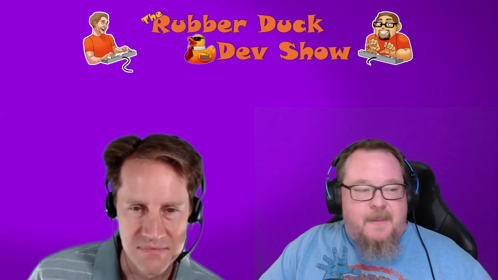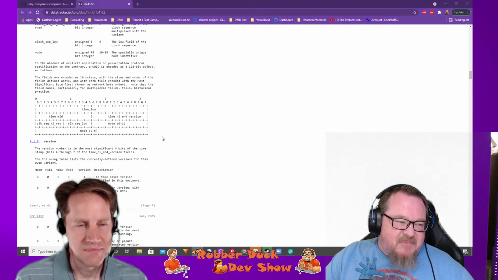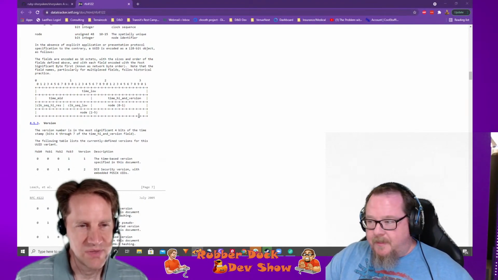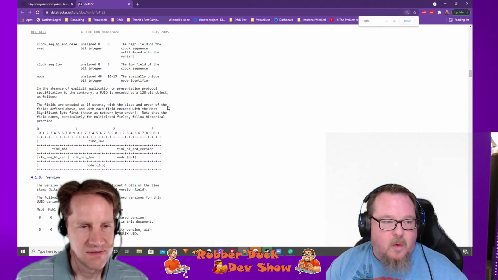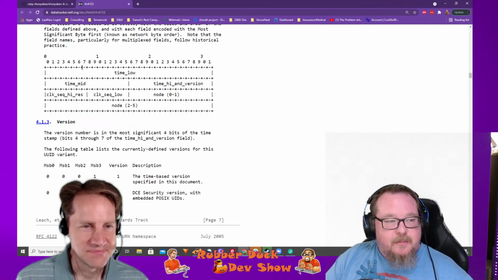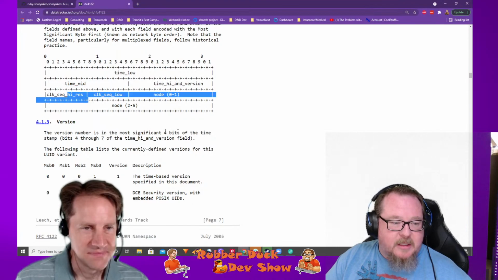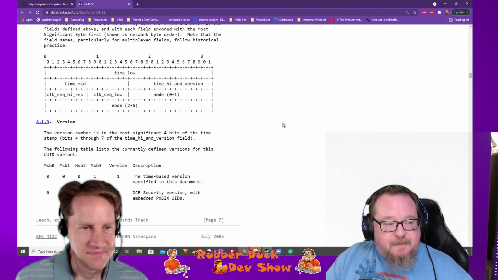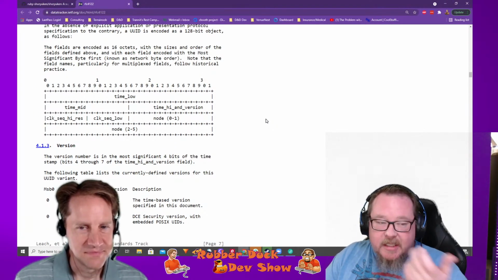So if you look at it, it looks something like this. Now, UUIDs are defined in RFC 4122. Are you able to zoom that in a little bit? Of course I'm able to. So you've got this first block, then these two blocks, then these three blocks, and a final block. That's the layout of the pieces of a UUID.